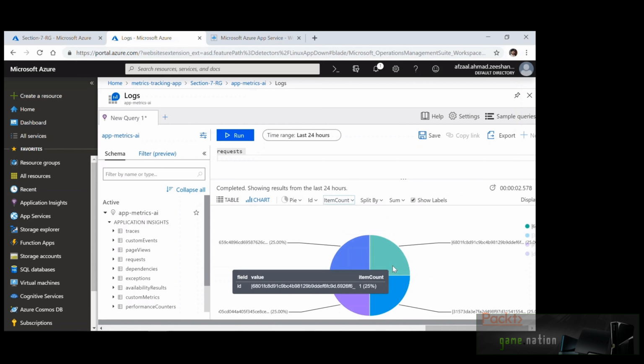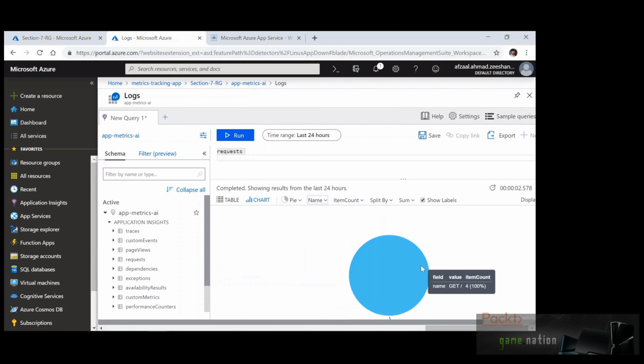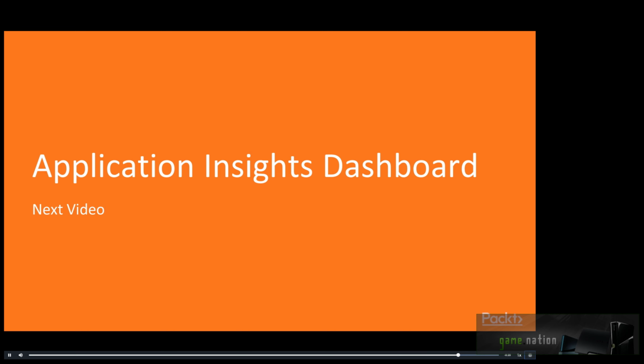So that is how you can go ahead and generate your own custom charts based on the data that is provided and the performance of our application, also the metrics for the users that are utilizing our services. Now let's go ahead, and in the next video, although Log Analytics provides us with the dashboards and reporting capabilities,